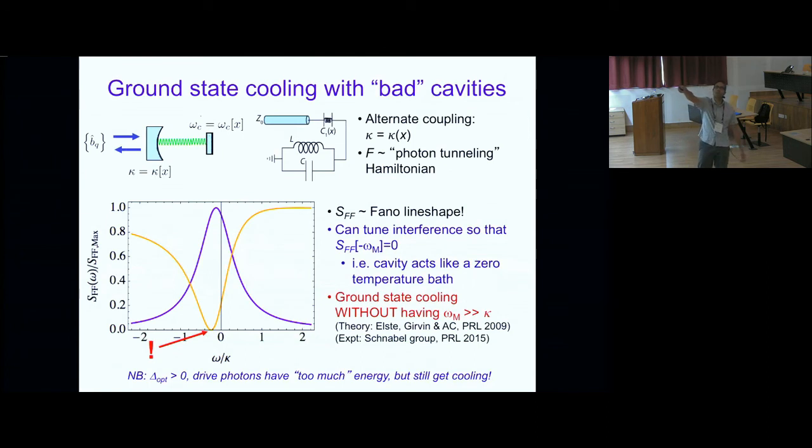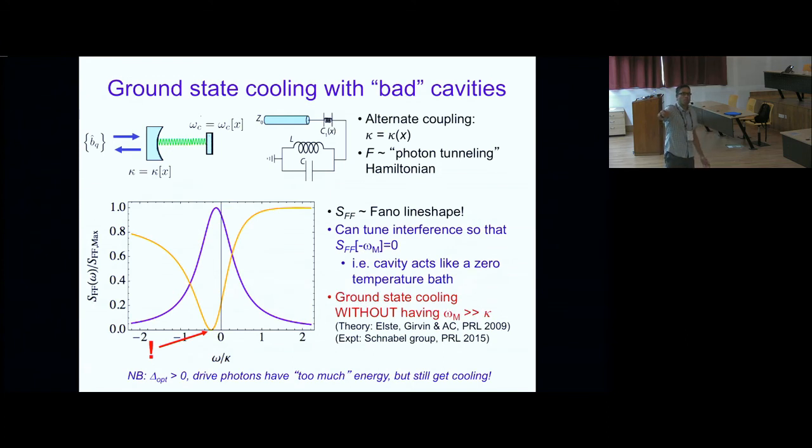So imagine a circuit implementation where my cavity is an LC oscillator, my waveguide is now a transmission line, and the coupling of that waveguide to the cavity, the LC oscillator, goes through a coupling capacitor, and that coupling capacitor can vibrate, it's x dependent. So effectively in that case, the kappa of this cavity, its damping rate, will depend on the mechanical position. Okay, so skipping lots of details,